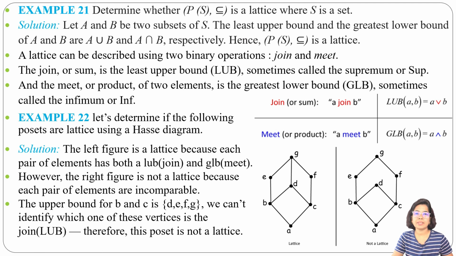In today's lecture, I discussed what is a lattice with some examples. If in a poset for every pair of elements we can find the join and meet, then it's a lattice. If you cannot find join and meet for every pair, then it's not a lattice. In the next lecture, I will discuss different types of lattice.